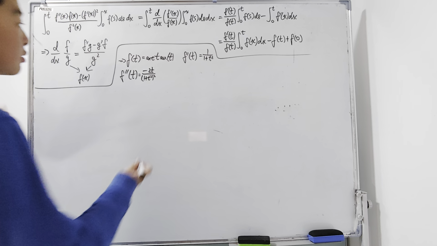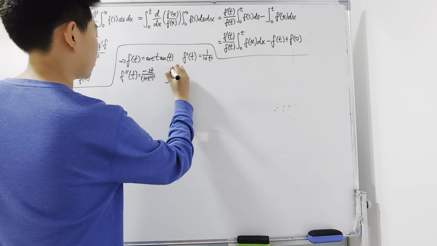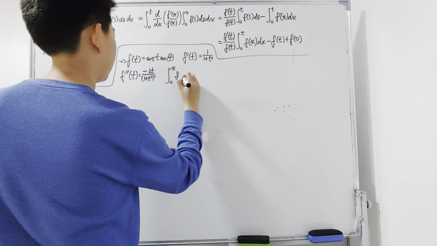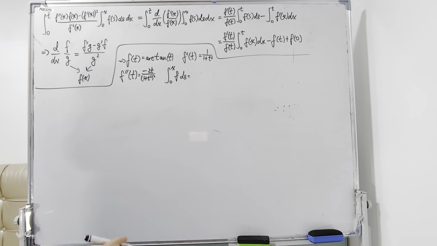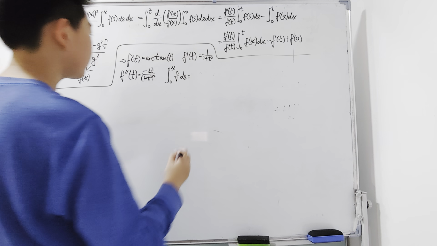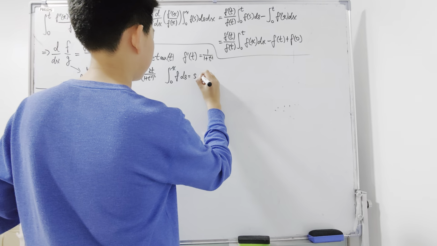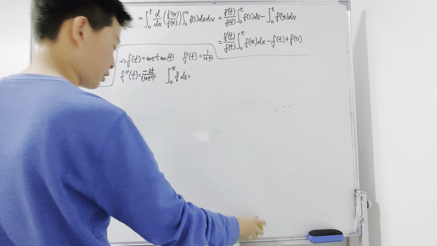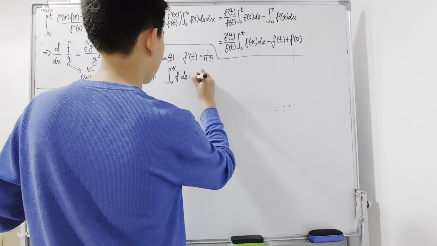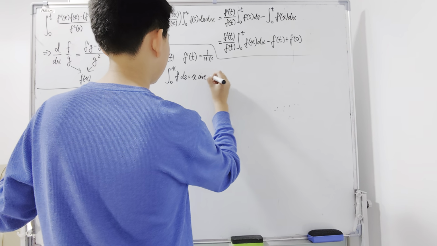And then we have this integral term, the integral from 0 to x of f ds. f is once again shorthand for a function. Now, this one is going to be s times, wait, no, the answer is not going to contain s, this is a definite integral. So we have x arctan